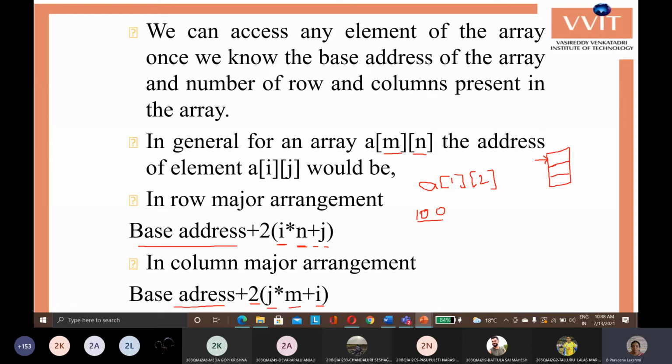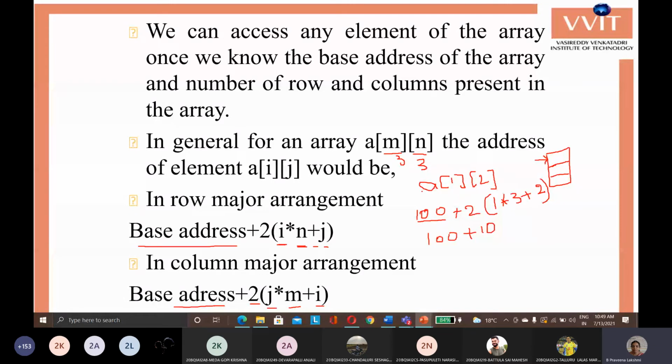So 100 plus 2 into, that is 1 into 3 is 3, 3 plus 2 is 5, 5 into 2 is 10. So 100 plus 10. This will be the location address for A of 1 2. That is 110.